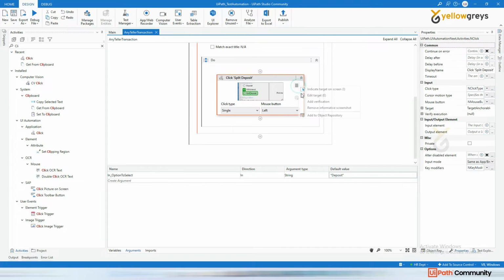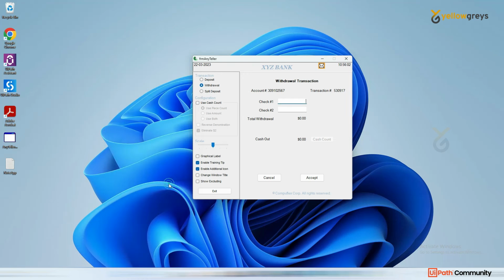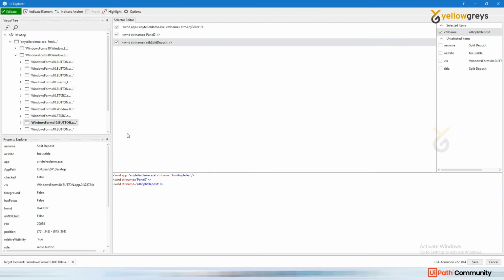One second, the edit target, it's showing the split deposit. Okay, so we need to add a few more controls here. The full text we changed, so the option is deposit, and also we need to add a few more things. So I'm going to change this AA name, split deposit, title split deposit, and I'm going to remove this control